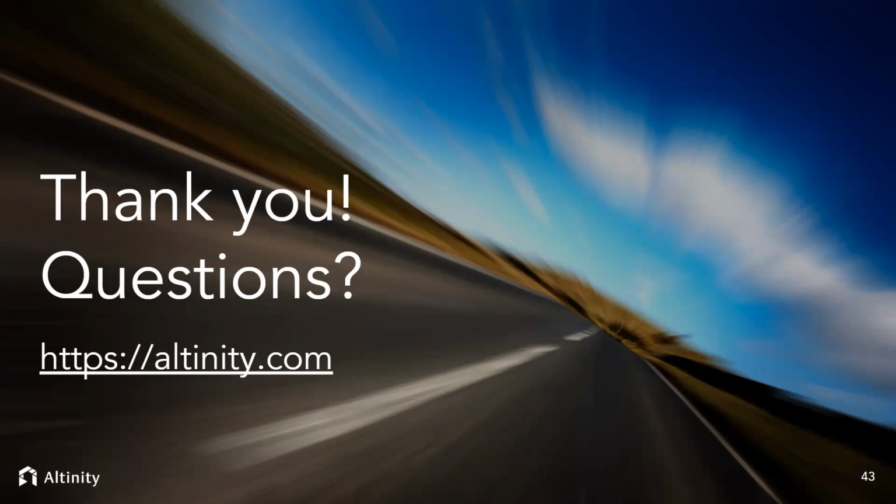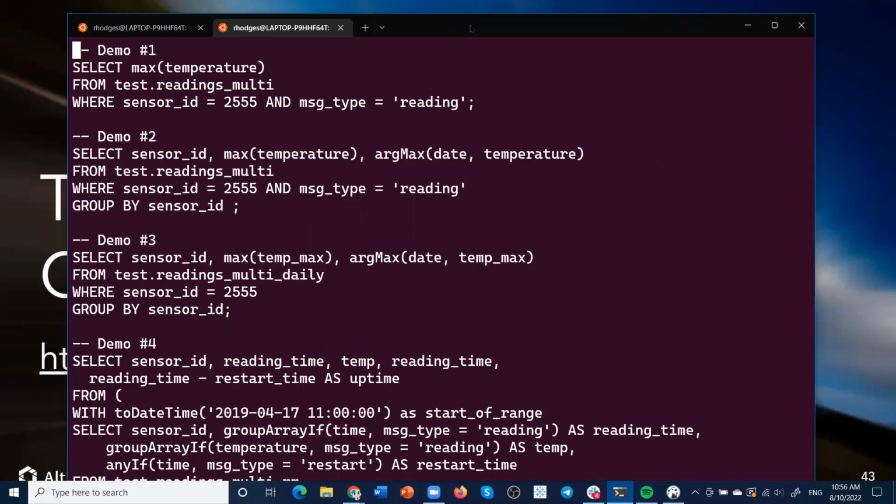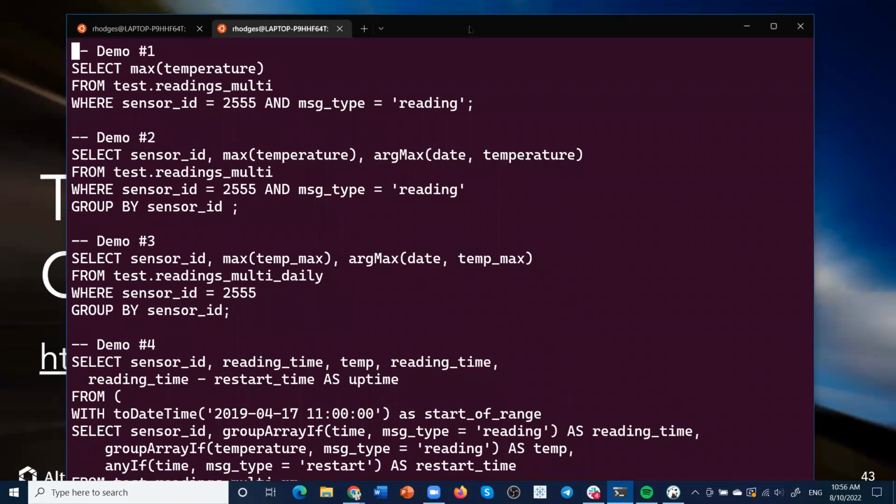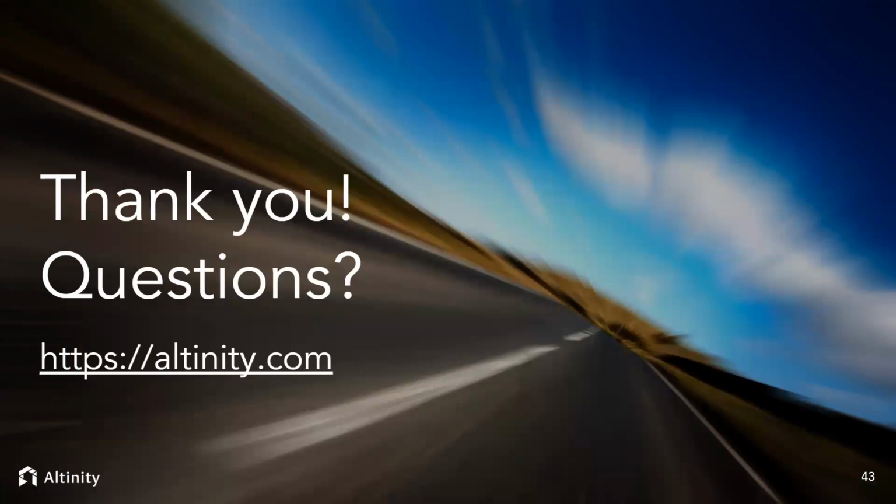Not a question. Robert is not using his Ubuntu box today. Hey, let me put in yes, I'm not using Ubuntu. What I am using here today is I've kind of fallen in love with Windows and the Windows Subsystem for Linux, WSL. It's actually really good. So I'm thinking of using it for ClickHouse development. It has really good Linux support.